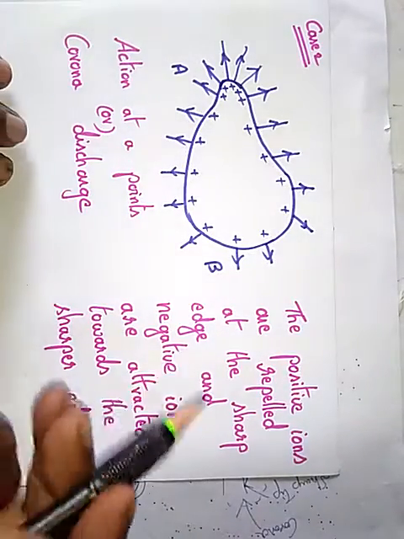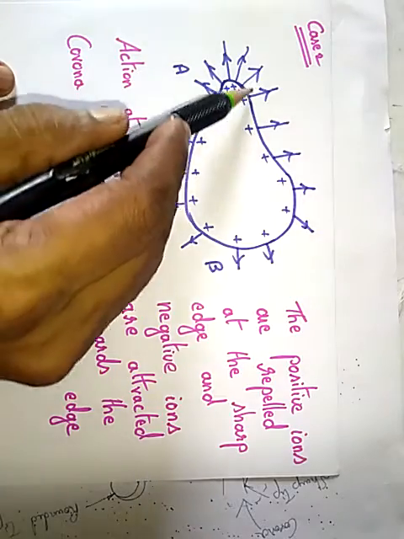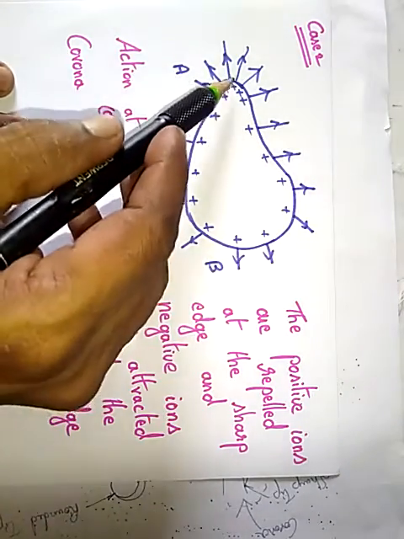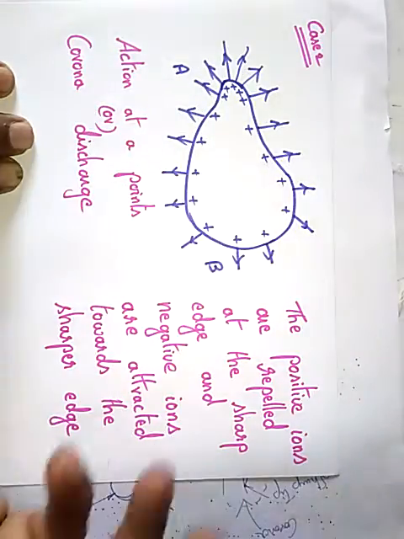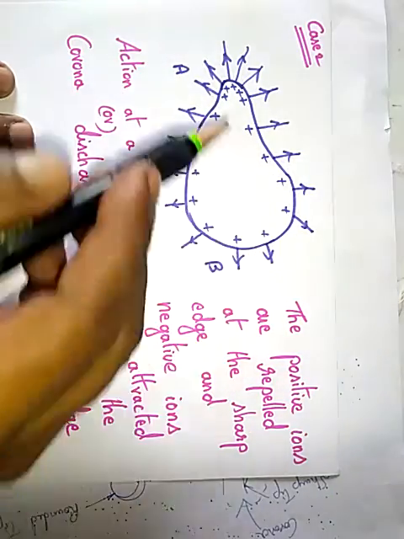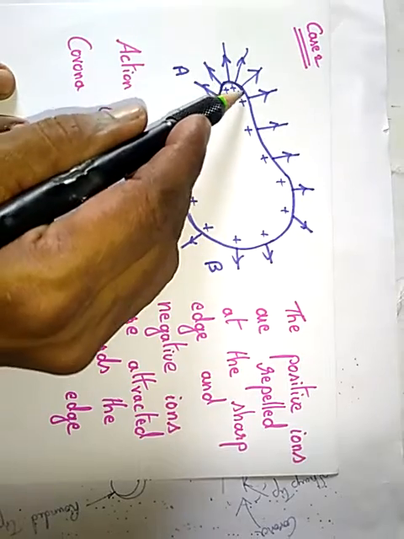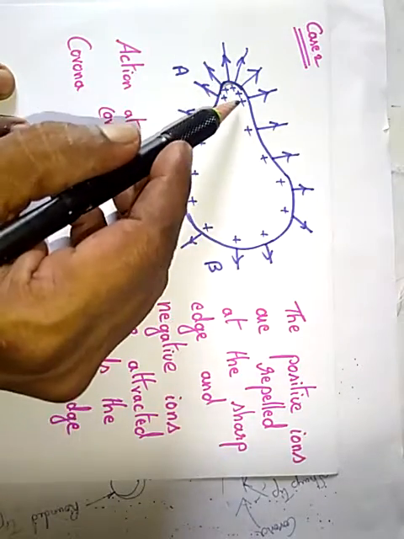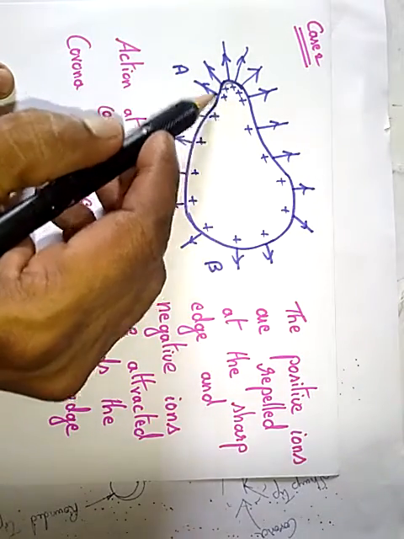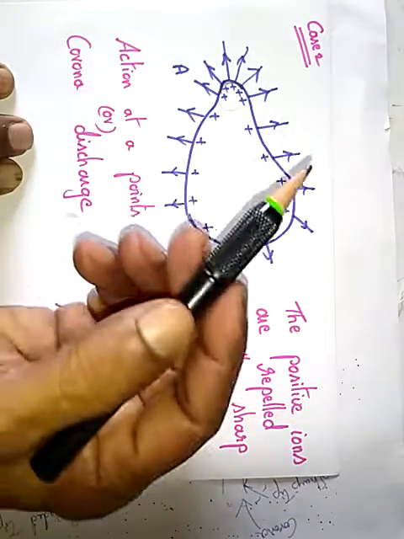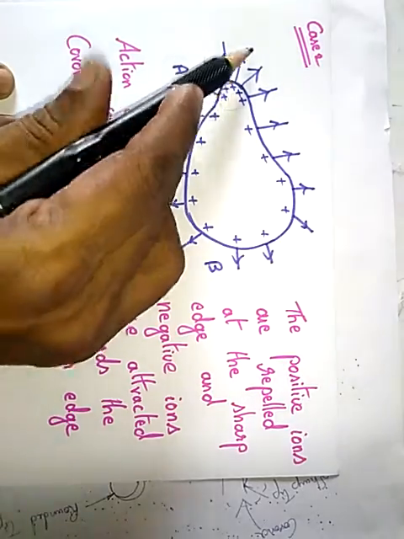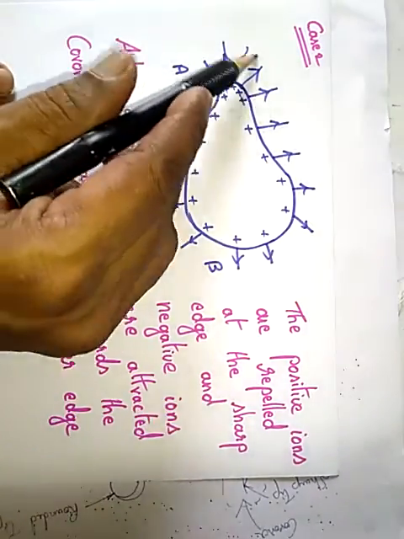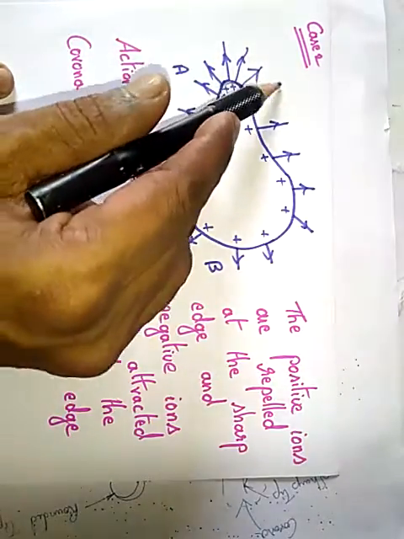Now this is another case. Now you have a conductor shaped like this. All are emitting radiations, discharging at all the points. But if you see at this point, this region, this volume or this area is very less. So the number of electrons or protons or positive charge is higher. So the discharge at this point will be very high compared to the other points. So here corona discharge is likely to happen.